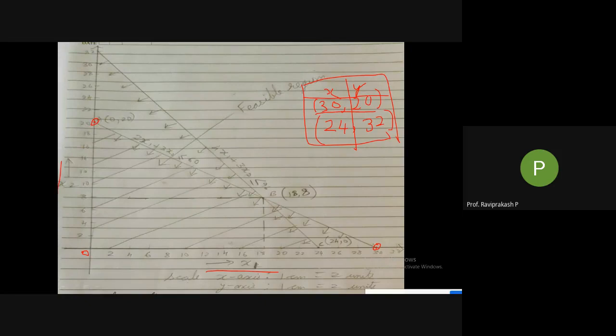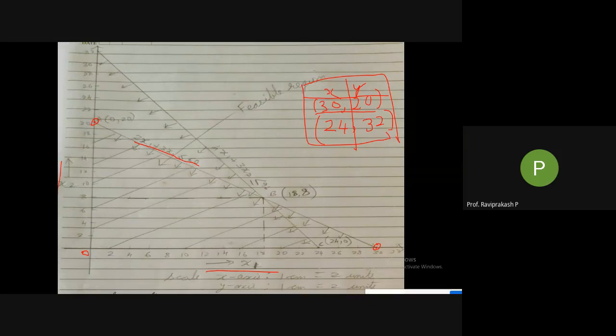So what to do? We need to draw a straight line, marking both these points. So in the x-axis it is 30, in the y-axis it is 20. While you do this, we have to write the equation on this. So for what equation am I getting these 2 points? For 2x1 plus 3x2 less than or equal to 60. So this is the equation for which I'll just draw a line. I need to remove it later. So this is the equation. You have to write the equation on the line for which you have got those particular 2 points.